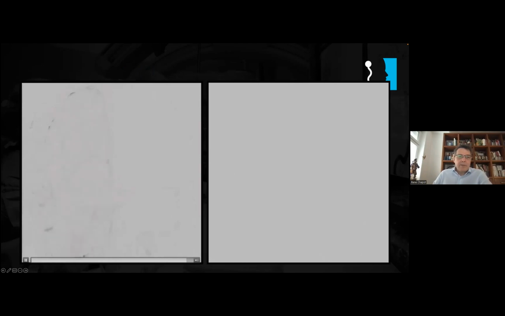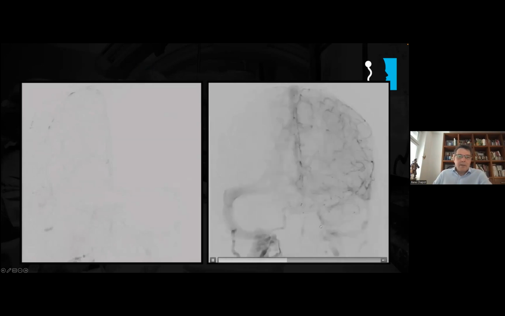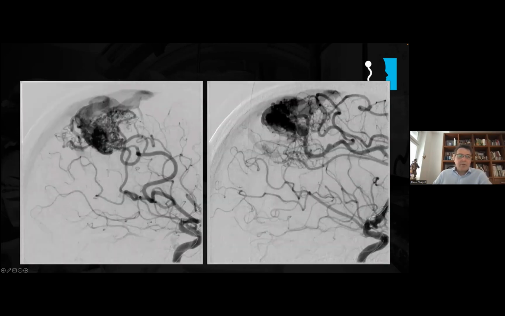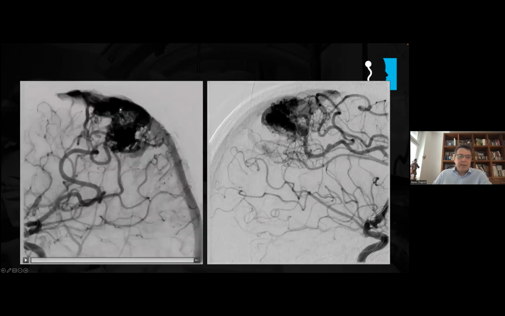And if we look at the left carotid, the left carotid only infills the anterior cerebral artery. The right fills in both. So we can do a rotational angiogram. And if we do a rotational angiogram here,